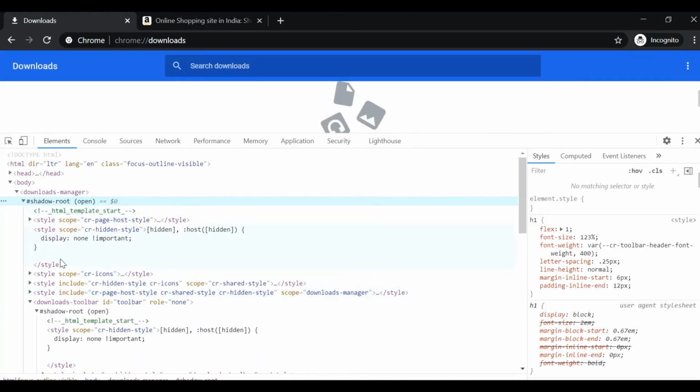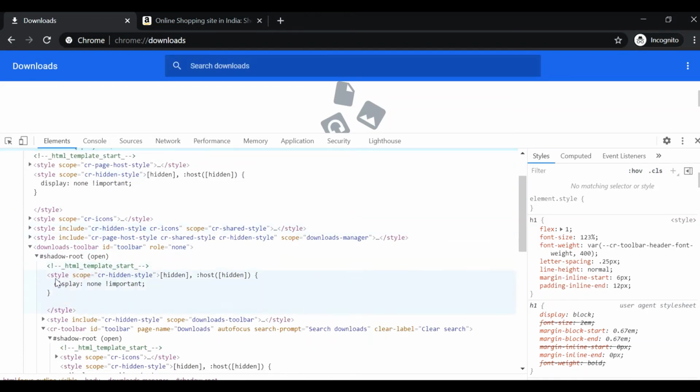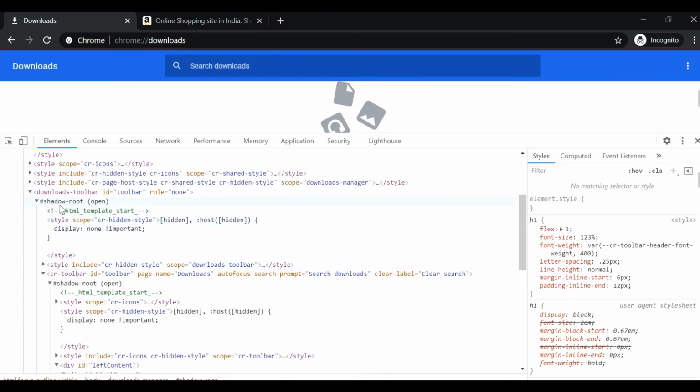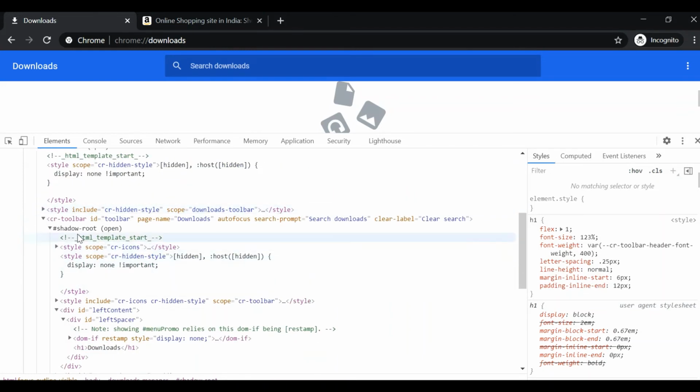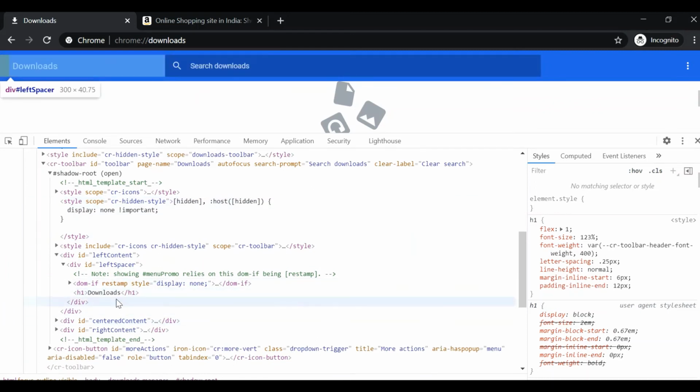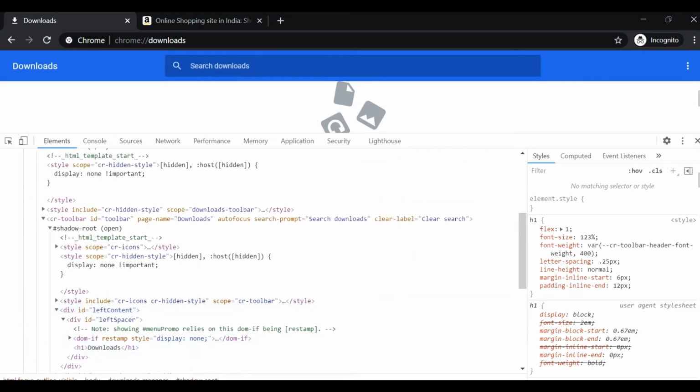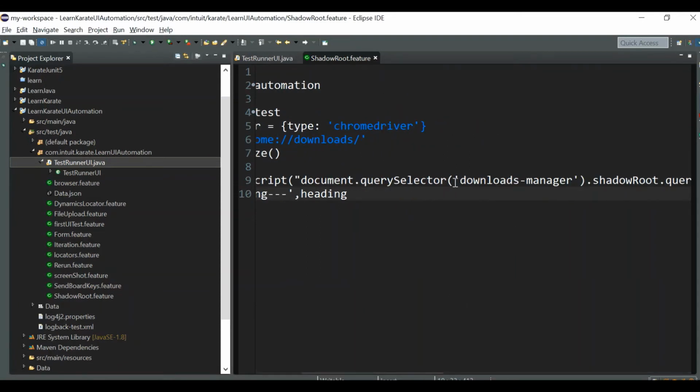You have to give the XPath or CSS selector or any other locator of any element from this section, that is before the next shadow root section begins. Then you can navigate to the next shadow root, and take any of the elements in between this section, and then go to the next shadow root. Here we need the h1 tag only, so we can give the h1 tag as well. As I mentioned, it need not be the tag name only. You can give your XPath, CSS selector, anything like that.